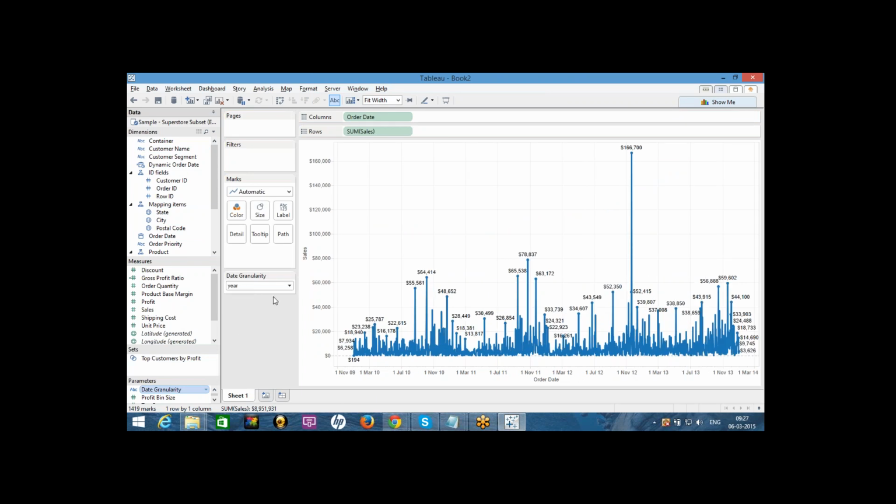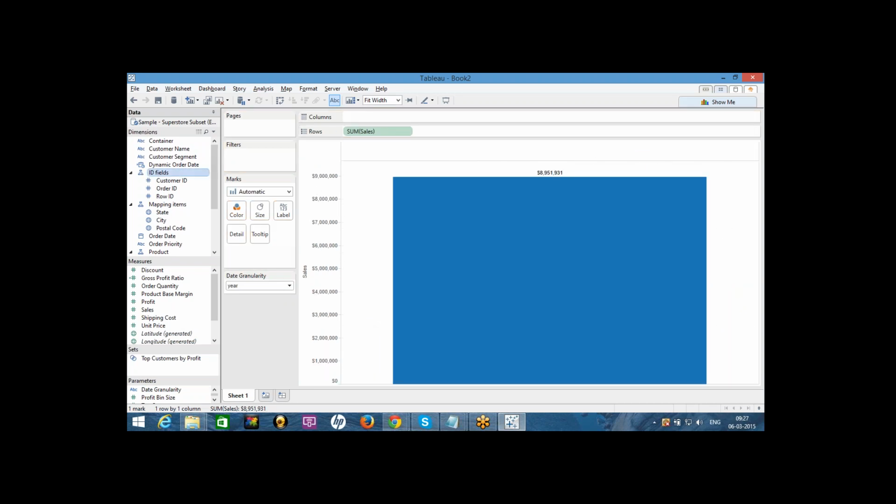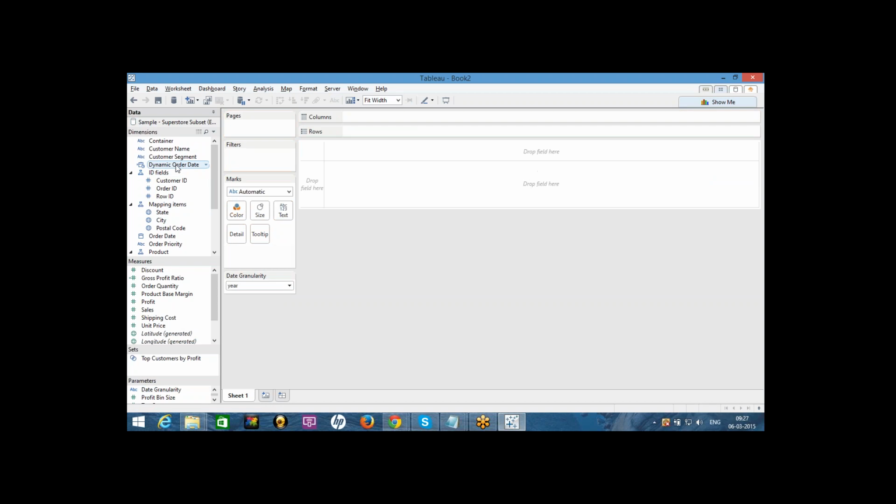So, it's not working because the date which I took is wrong. I need to take the dynamic order date as well as the sales on it.